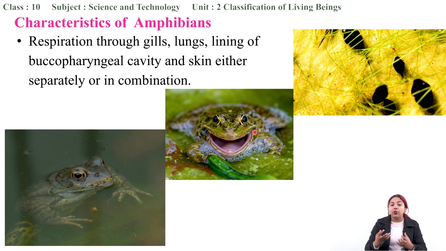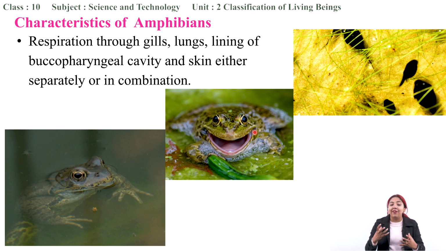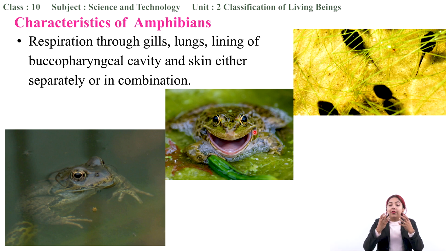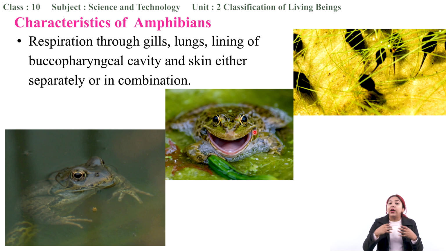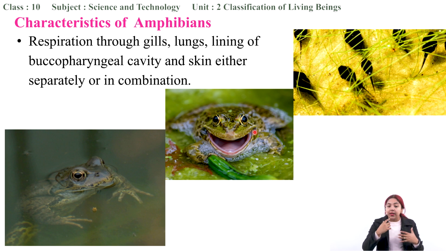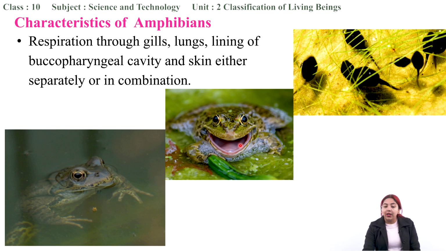Now, not only through their lungs and their skin, they also have buccopharyngeal respiration. So they respire through their buccal cavity. That is, you can see their mouth is open, the air goes inside it, and they absorb oxygen from the air inside their buccal and pharyngeal cavity. So the respiration occurs through gills, it occurs through lungs. They also respire through the lining of the buccopharyngeal cavity, and they have moist skin, so they also absorb oxygen